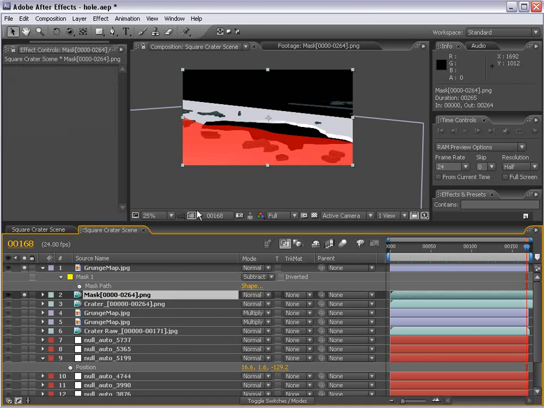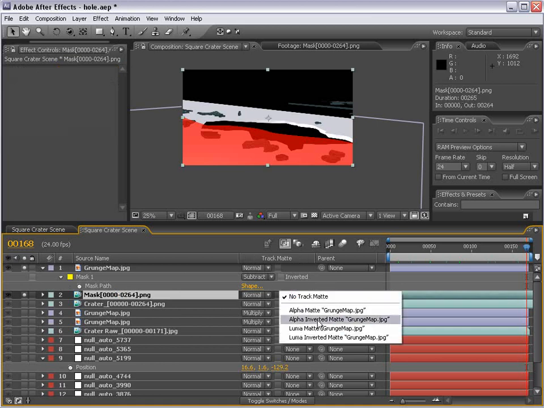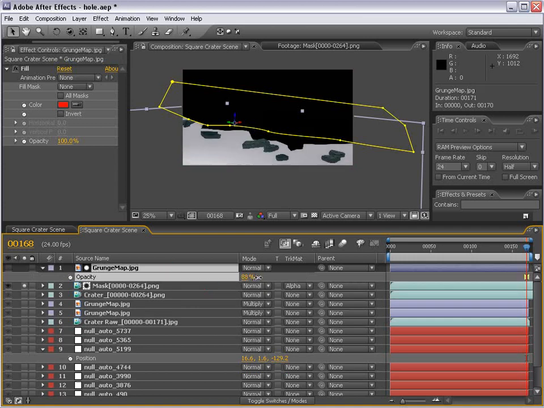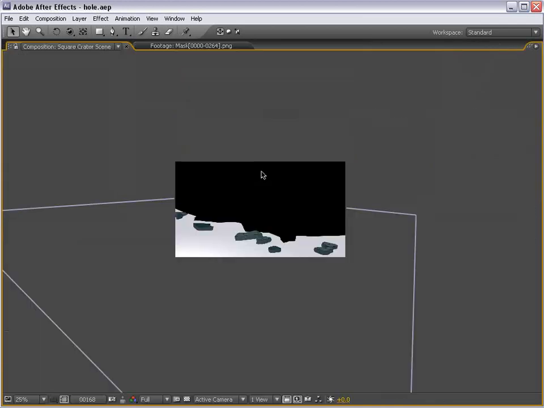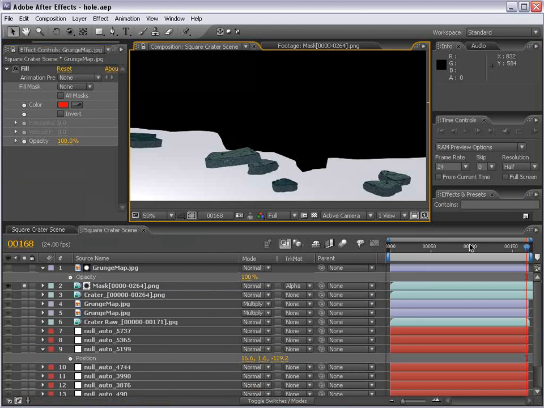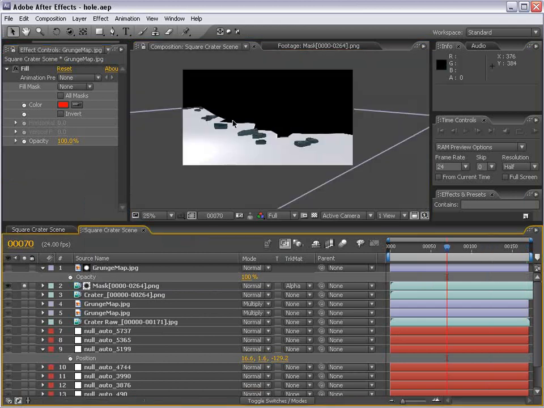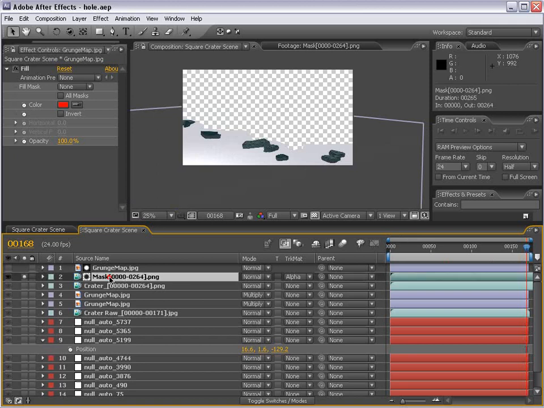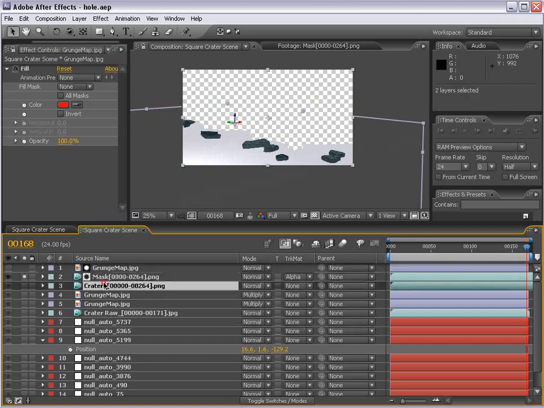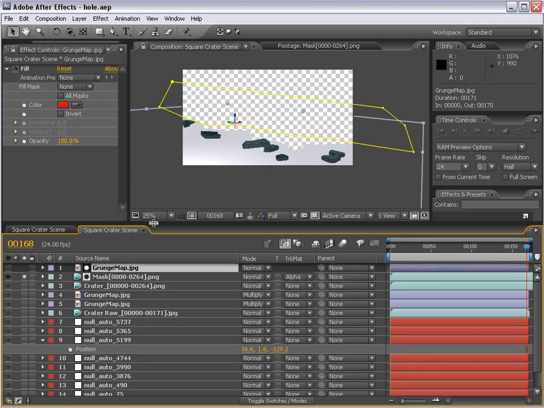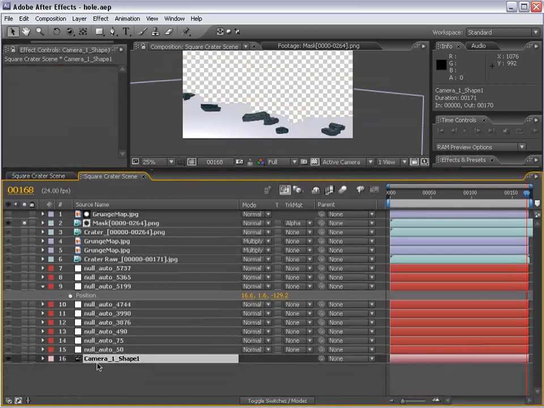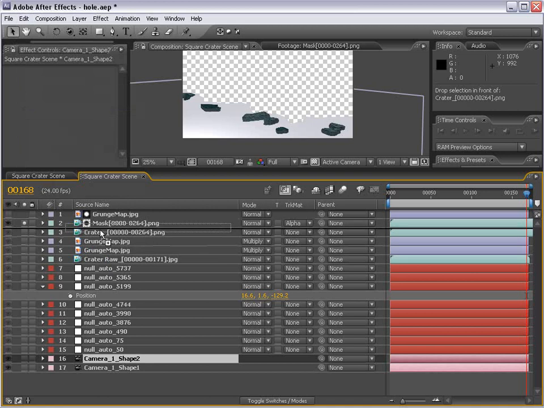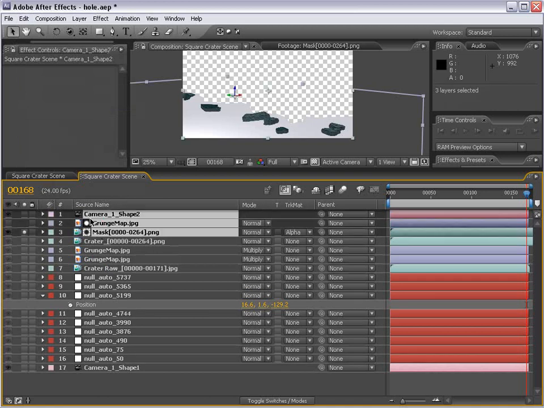Then we take our mask and we change it to, say, alpha, and turn the opacity up to 100. And so now we have a mask that obscures the backside and just keeps this front area. Now, I do want to pre-compose these two elements, but this grunge map is only working because we have a camera in our scene. So we'll duplicate the camera, move it up here, and we'll grab all three of these